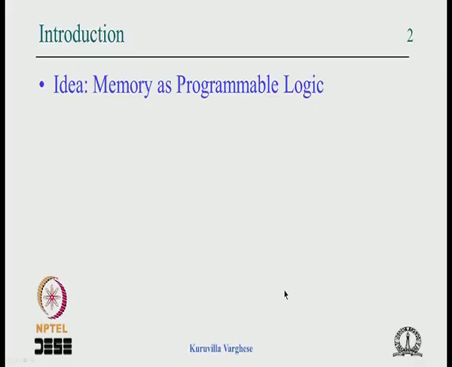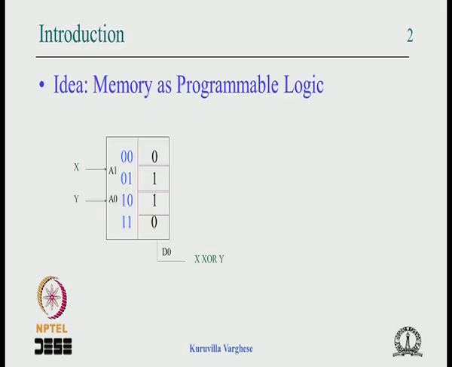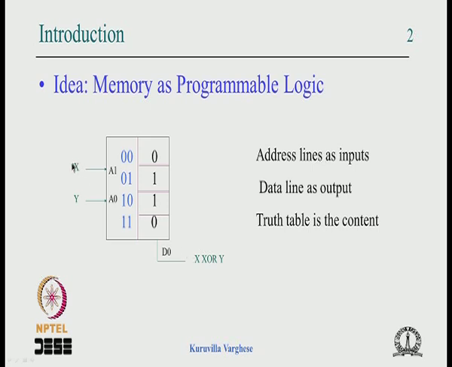So the basic idea in a programmable logic device is to use memory as a programmable logic, and I said that suppose you want to implement this x or y, two variables, then you take a 2 address line memory with 1 bit. So 2 address lines will have 4 locations and the data line is used as output. You write the truth table of the function you want to implement in this memory, and if the memory is in the write mode, you supply the address through the data line, you can write the location, and